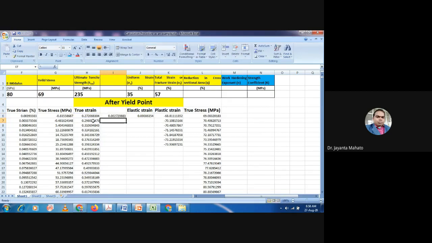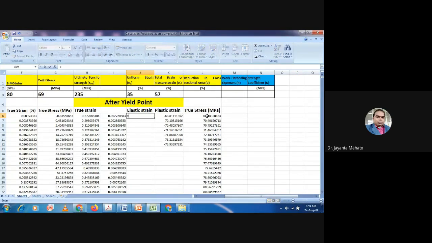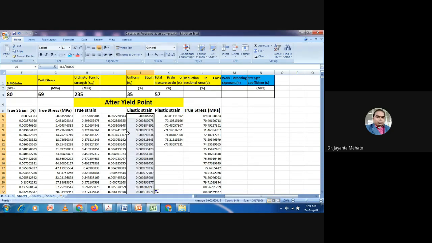Again, you get the true strain value. Okay. Now elastic strain is nothing but this true stress value divided by Young modulus, means 80,000. So from this you will get the elastic strain value in absolute value.